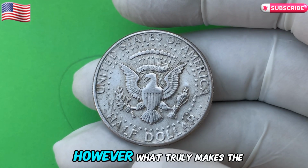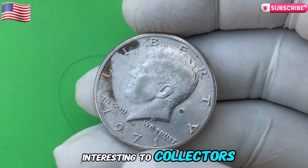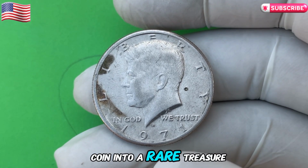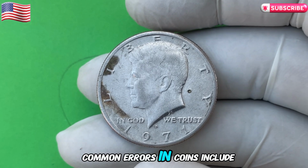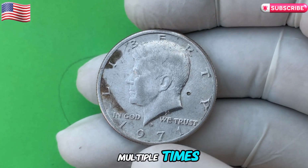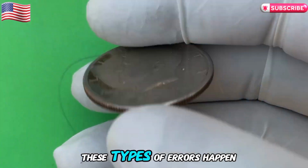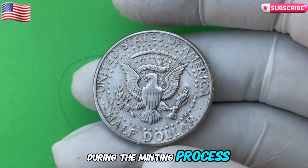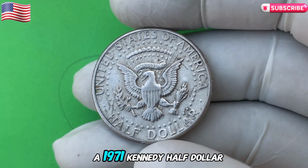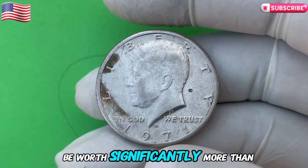larger quantities. However, what truly makes the 1971 Kennedy $50 interesting to collectors are the possible minting errors. These errors can turn a regular coin into a rare treasure. Common errors in coins include things like double dies, where the design is stamped multiple times, or off-center strikes, where the image isn't aligned correctly. These types of errors happen during the minting process, and they result in unique coins that are highly sought after. A 1971 Kennedy $50 with a double die or another minting error can be worth significantly more than one without